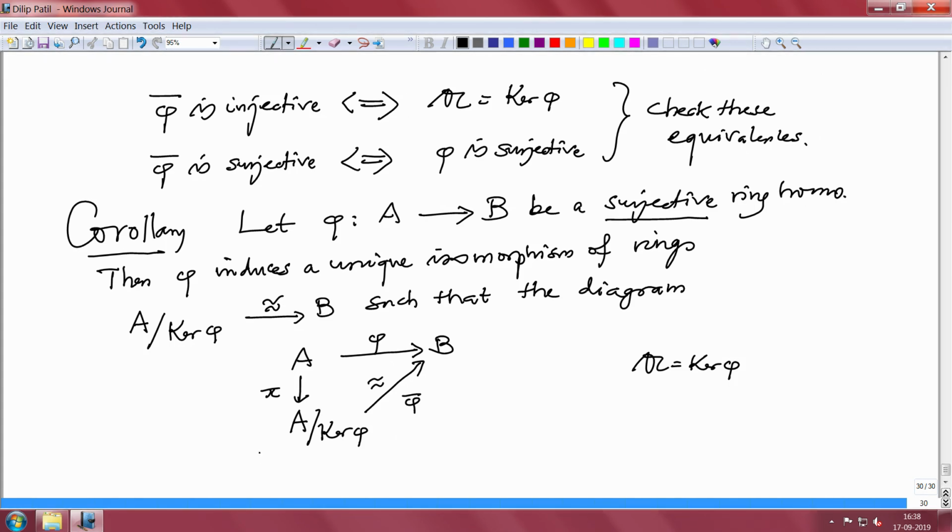So I will now stop here, and in the next lecture I will have to digress a little bit about special kinds of ideals, namely prime ideals and maximal ideals, and after that we will also go a little bit into the basics about modules.